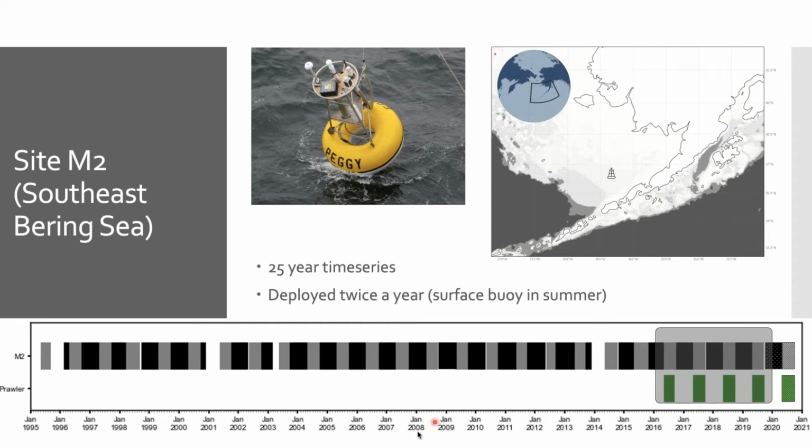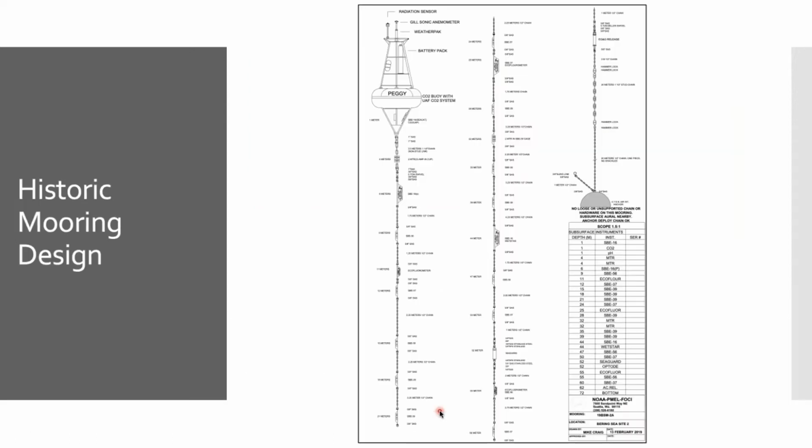So as I continue, historic mooring design for our surface mount moorings, right? Discrete instruments every 3 or so meters from the surface all the way to the bottom, sampling anything from temperature to conductivity, salinity, chlorophyll, dissolved oxygen, and then occasionally PCO2 or other special experiments that are not consistent necessarily from year to year.